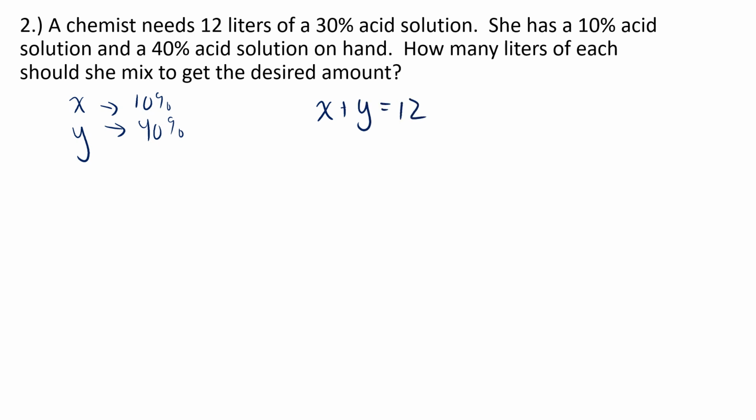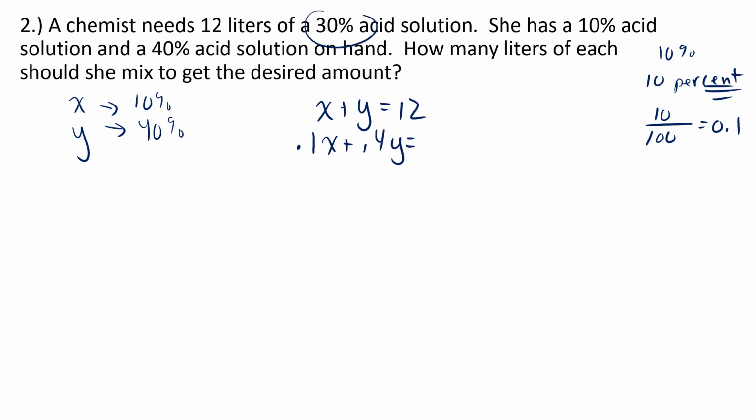So once again, you have an equation that is a particular amount. Now, the other equation will have to do with the percentage of the acid. So again, 10% means 10 per 100, think about pennies in the dollar, okay? That means 10 out of 100, or 0.1. So if we have the 10% solution plus the 40% solution, the final solution needs to be 30%